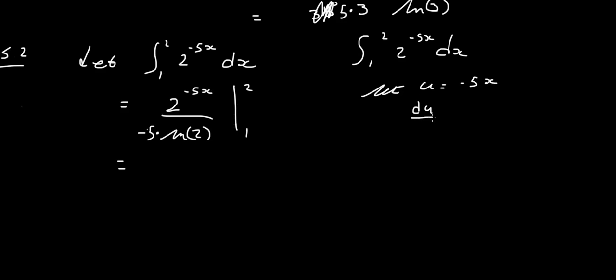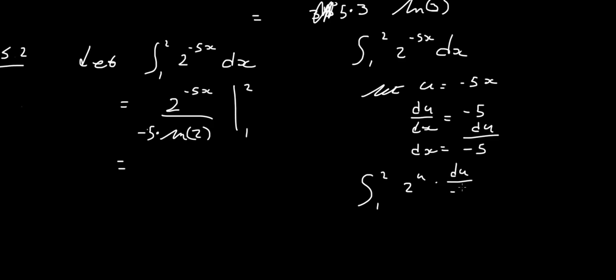Then du by dx is equal to minus 5. Then dx equals du over minus 5. So then we have the integral from 1 to 2 of 2 to the u times du over minus 5,